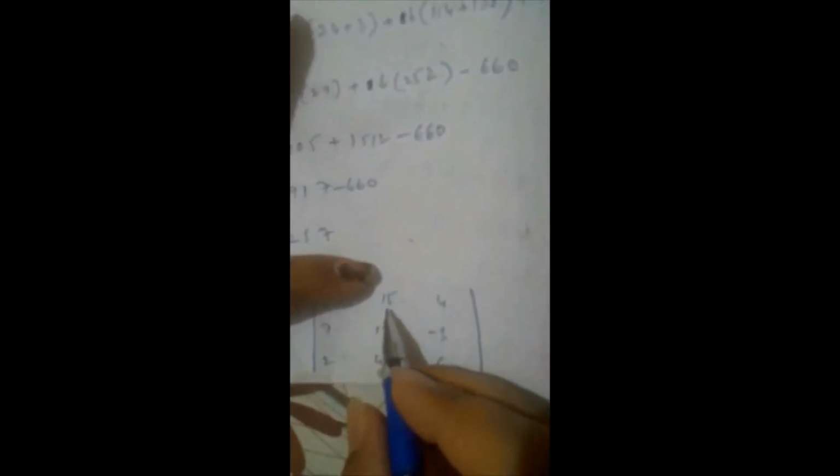Now the second element of this row is 15. The position of this 15 is first row, second column, 1 plus 2. It is an odd number, so we put a minus sign, 15. Now we are taking this element, so we remove this whole column and this row. Remaining elements are 7, minus 3, 2, 6. So we have to find the determinant of 7, minus 3, 2, 6, plus,